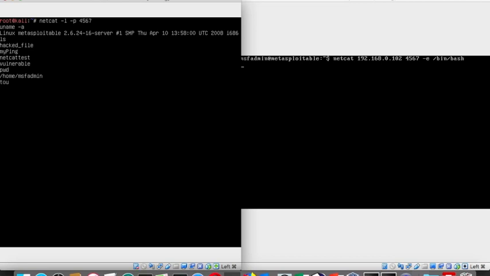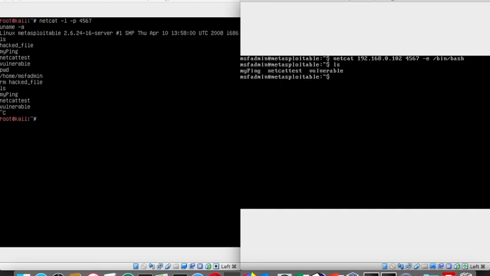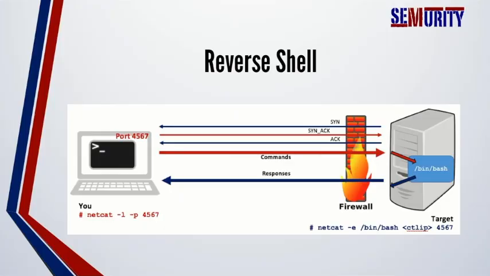I'm here. I'm going to remove now the hacked file. So remove the hacked file, and then ls again, and I can close the connection and go here and verify that the file has been deleted. So that was a demo of a reverse shell, and I want you to remember one important thing,